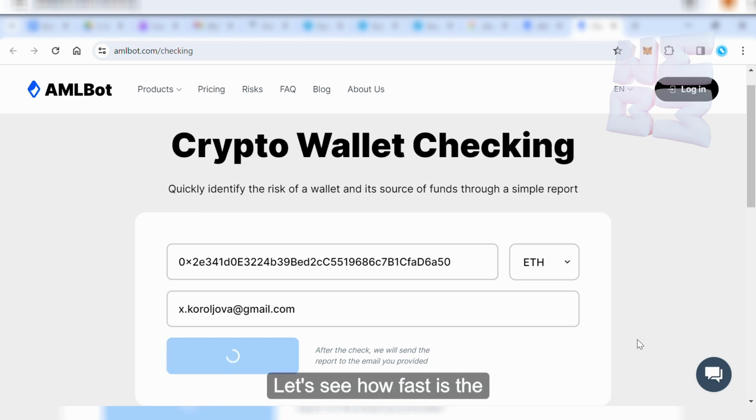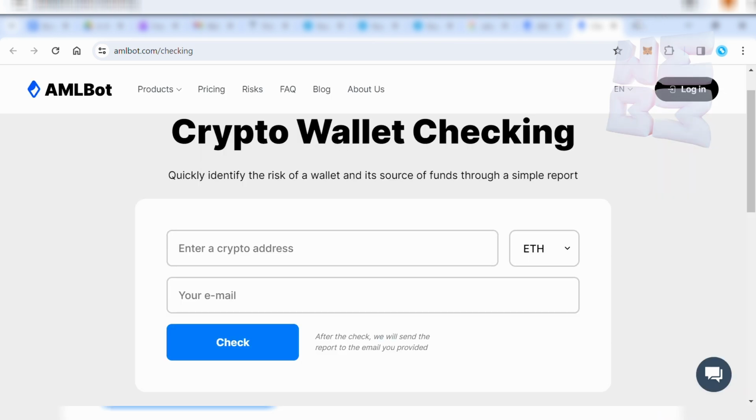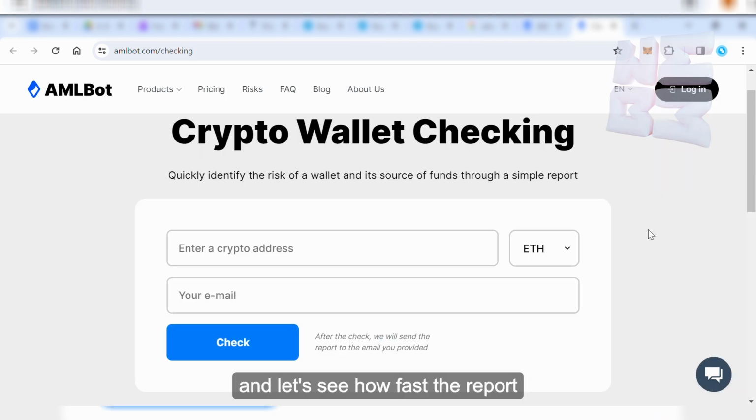Let's see how fast this service is. Now the request is being processed, so it took about a couple of seconds. And let's see how fast the report itself would arrive.